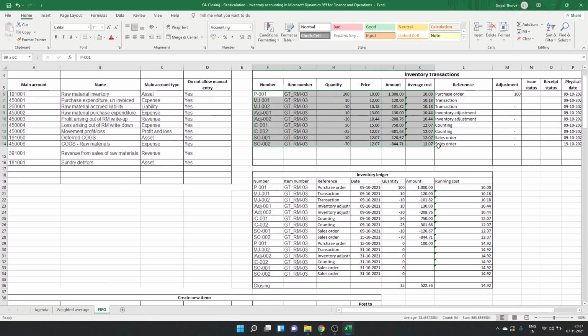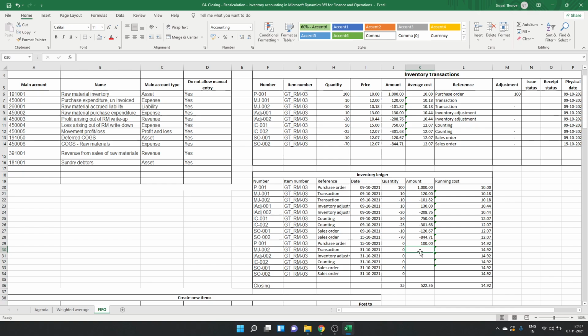Now these are the inventory transactions, and this is the inventory ledger right now. Here, all this inventory closing related amounts I have made zero right now. We will replace these values with FIFO cost. So now in FIFO, what happens? The system takes the first inward transaction and then settles it against the first issue transaction. So all the issue transactions are settled first against the first inward transaction.